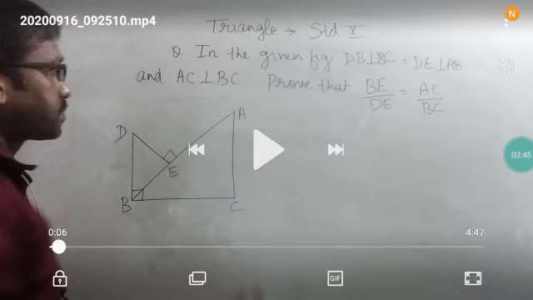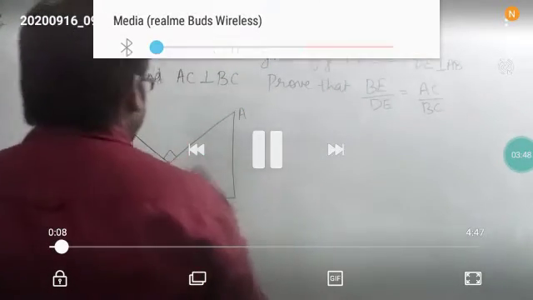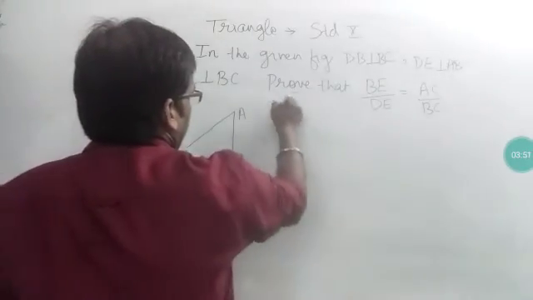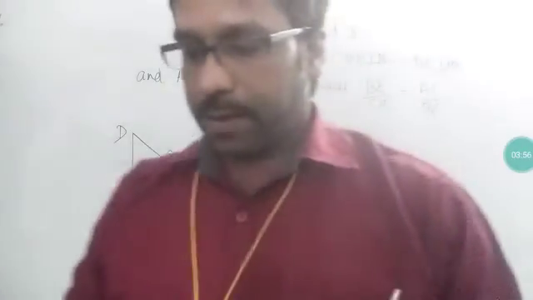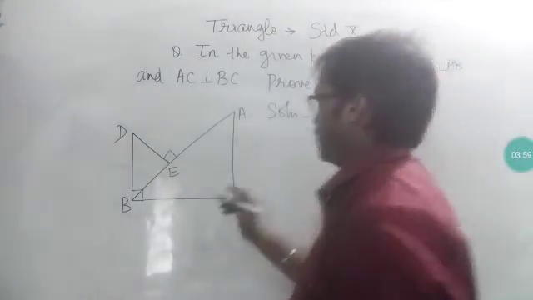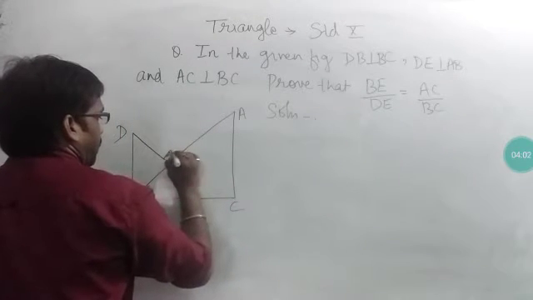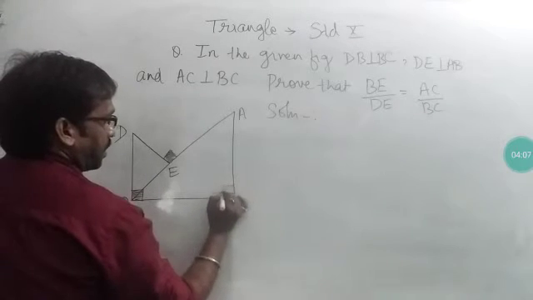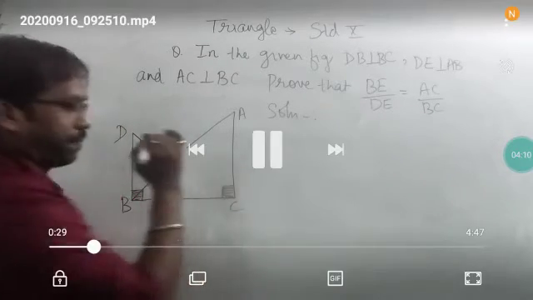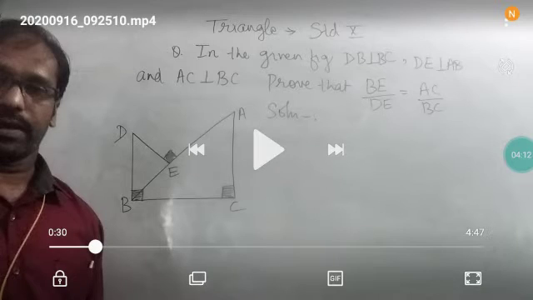Okay, this is a situation of similarity only. Now see, we will first try to find out which angles are equal. In the beginning I said that if two angles are equal, then the triangles are similar and the sides will be proportional. So we are going to use this property here. Now see what I have done here. These three shaded angles are all 90 degrees. It is already given that these angles are 90 degrees.